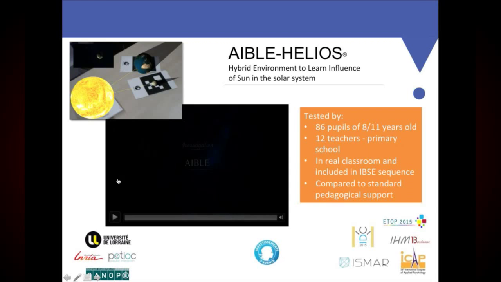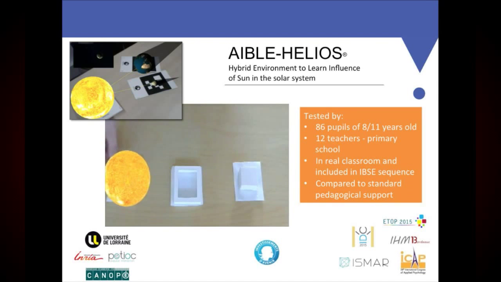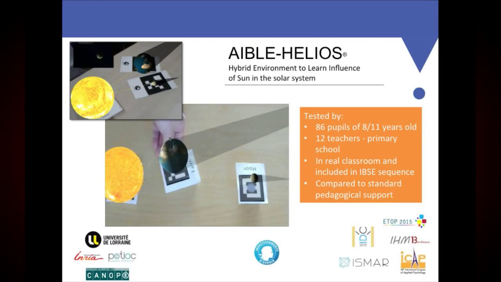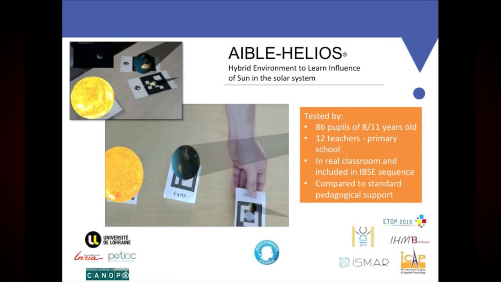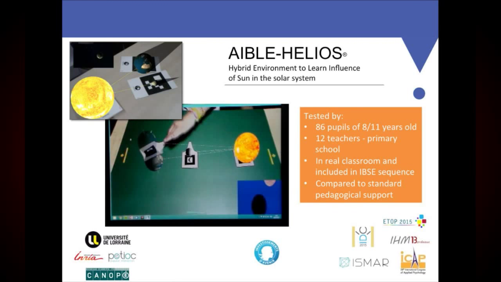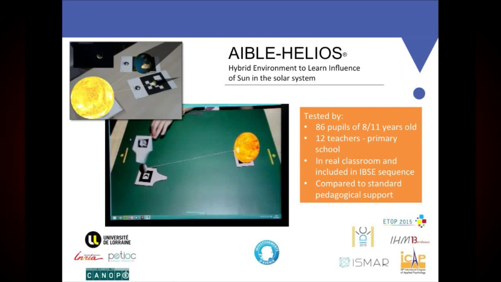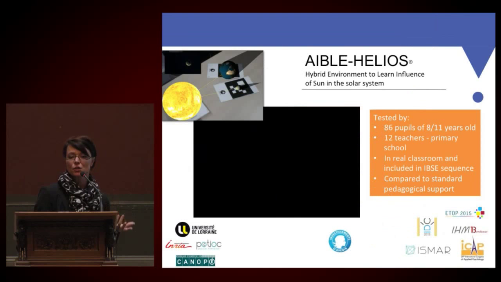When children move tangible markers, they can try to understand why the moon is changing daily and why there are day or night on Earth, something like that. They can interact with these devices, and so they learn more. They learn well because they test their own hypothesis. This is some example of results. You see the children that want to know where is the first quarter of the moon, for example, and they have just to move the different markers, and they have the answer to their questions.